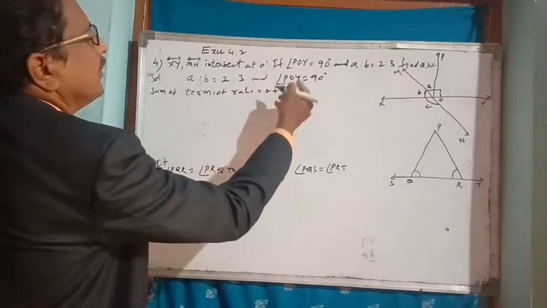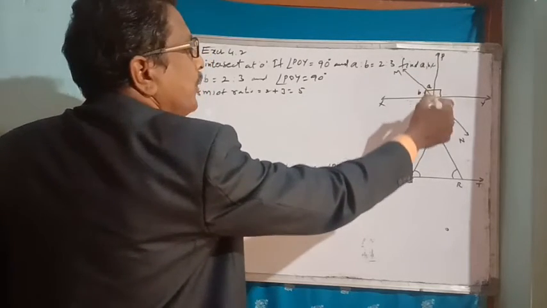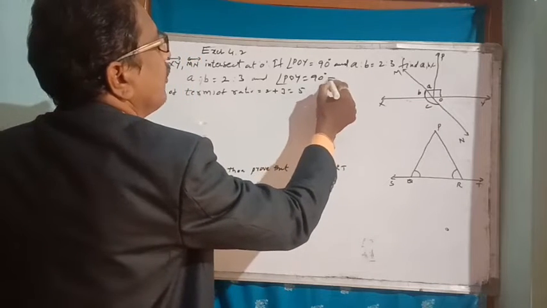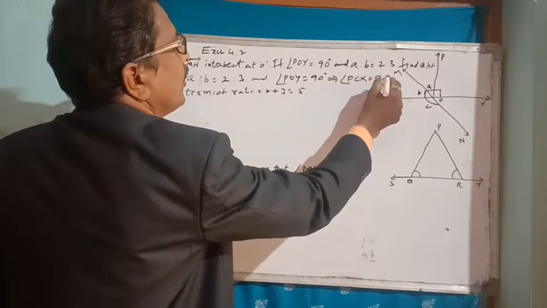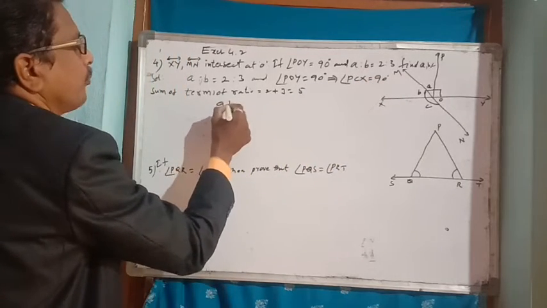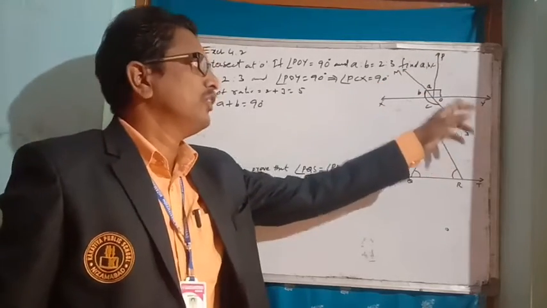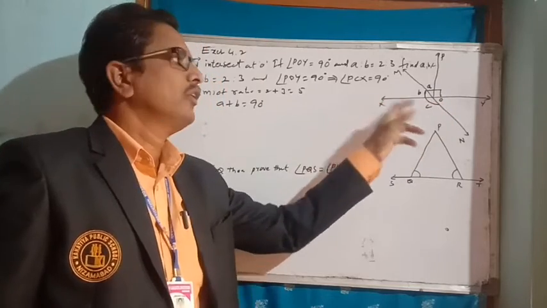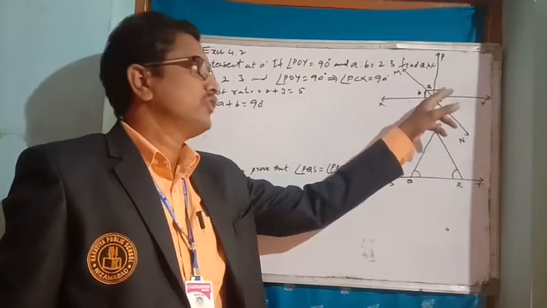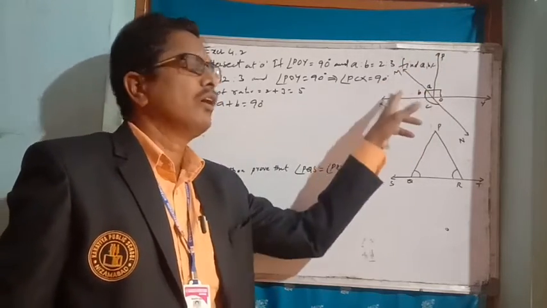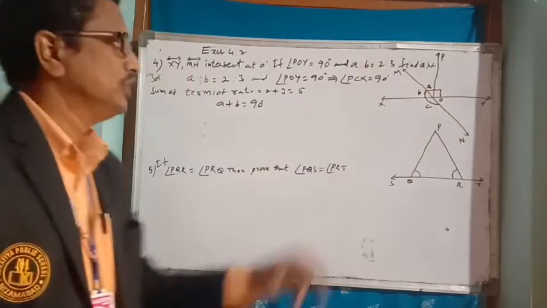Then here, angle POY equals 90 degrees, given. So angle PCX also equals 90 degrees. That means A plus B equals 90 degrees. Here POY is equal to 90 degrees, which means POX is also 90 degrees. This is the perpendicular. This is a linear pair. The sum of two adjacent angles is 180 degrees when a ray stands on the line. Therefore they form adjacent angles, 90 degrees each.